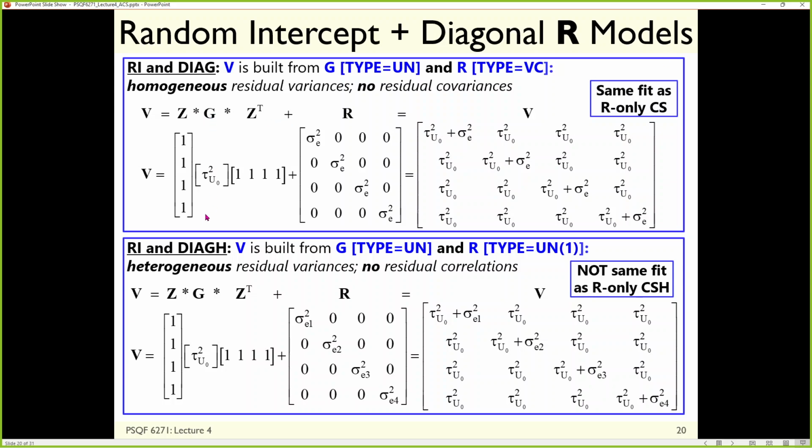So G is right here. That's one number so far. It's our random intercept variance. Wrapped around it is a matrix that we're going to call Z. This will show up in lecture 5 in more detail, but for now, all you need to hang on to,